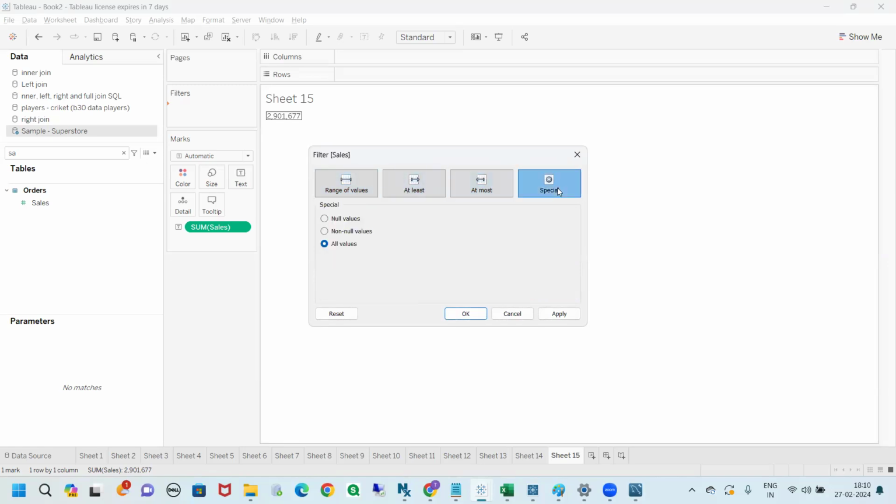First I'll go to special values. Here I can see null values, non-null values, and all values. For example, in your data, we have some rows which have null values. If you want to show only those null values, you can simply click on the null values option. If you want to exclude null values,